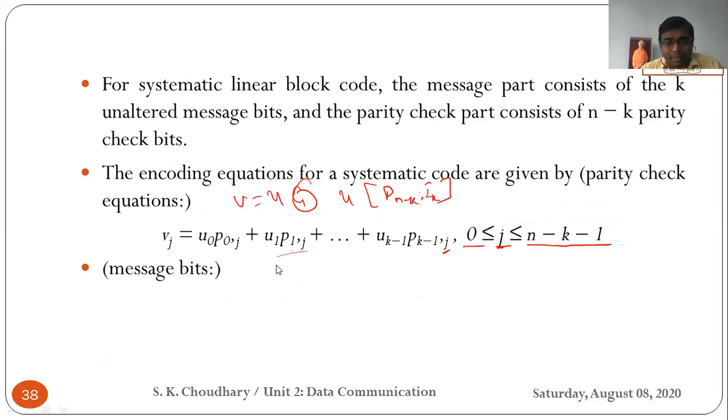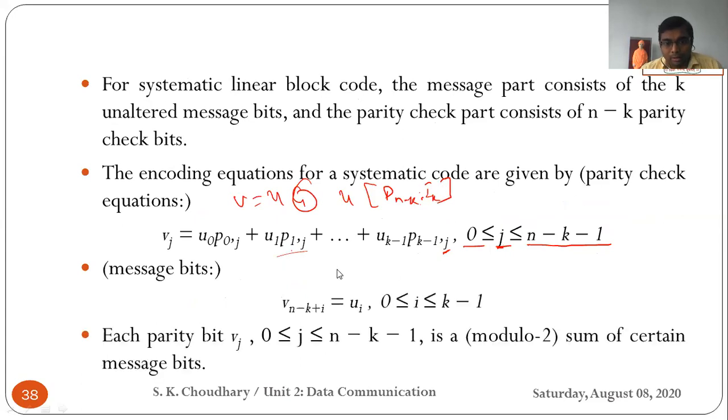And what is the message bit? This is the code word representation. The message bit is V of n minus k plus i. If you remember the generator matrix, first we represented the parity and then the identity. So just add here, in the parity order, which is n minus k, the ith bit. Any identity matrix bit is there. That is nothing but your matrix.